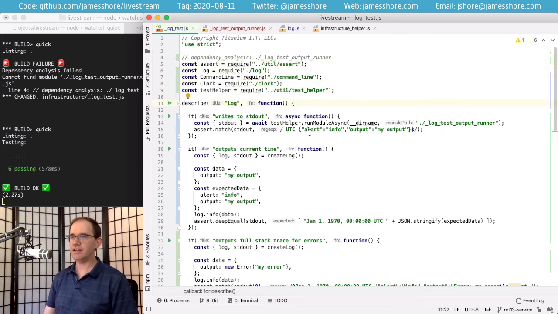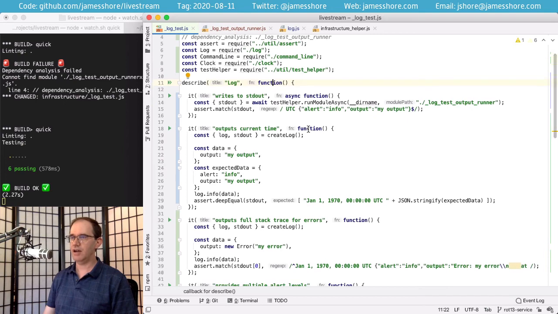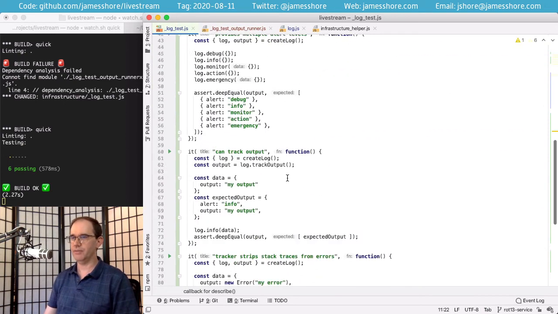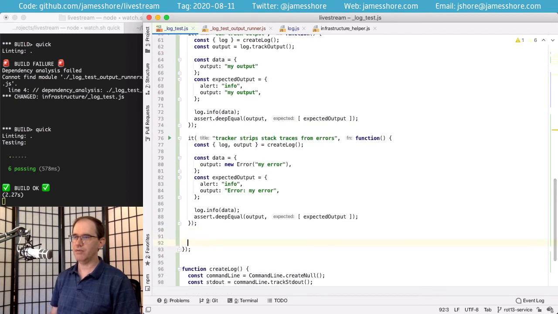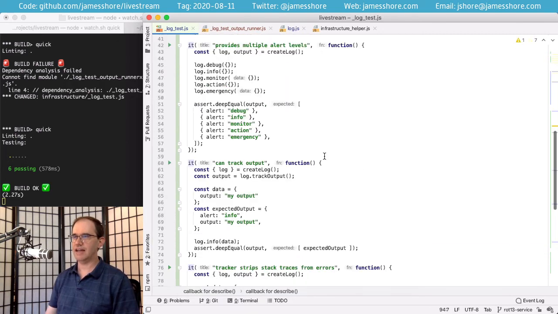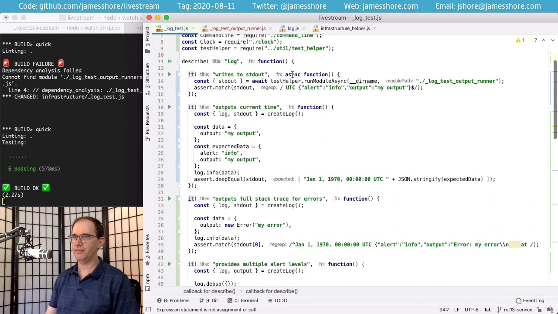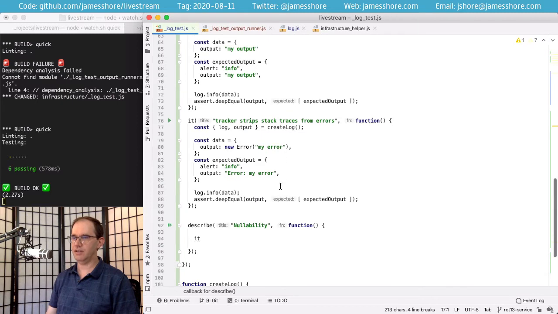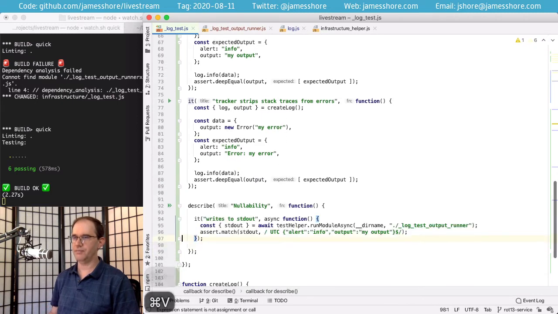Okay, so we're writing to standard out, and that's good. All we have left to do now is the create null. That's pretty straightforward. We'll just come down here, put it at the bottom like I'd like to have all my nullability stuff, and we'll basically do the exact same thing again, except we'll say it doesn't write to standard out.